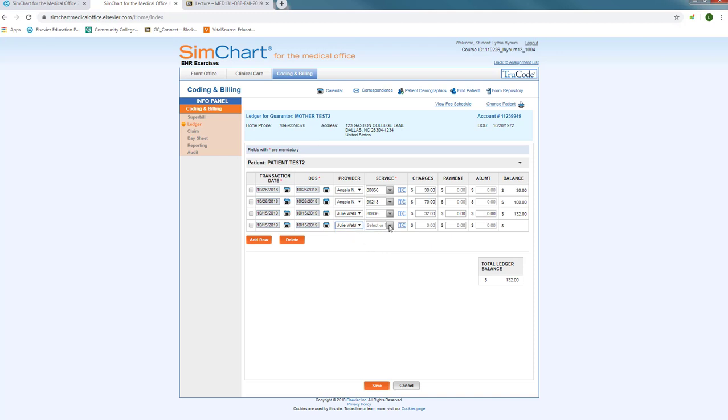If it is a patient payment, then you would select the drop-down box, and this is where, whether it is an insurance payment or a patient's payment or a patient's refund, you would use the drop-down box to select the appropriate transaction description. So if it is a patient's payment,